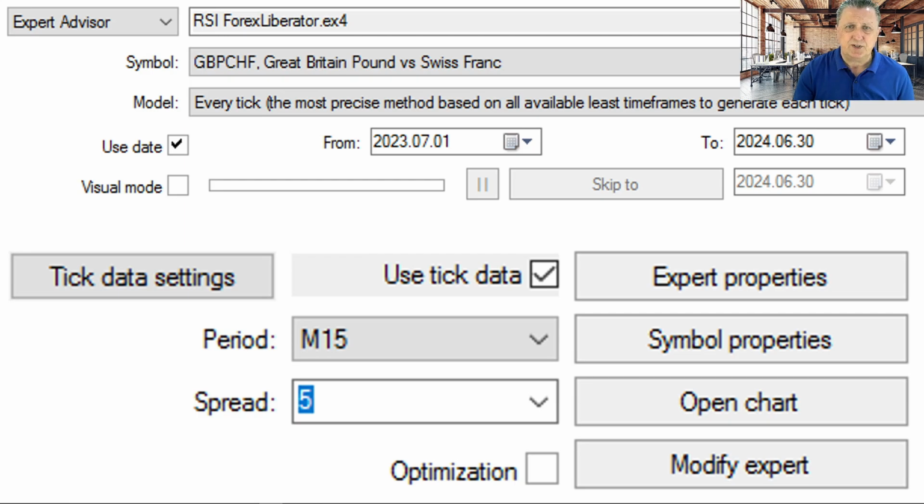So this is the best that we can actually do, and we are using that particular one. We're also using a 15-minute time frame, and then we have set a regular spread, so not a variable one, but the spread will always be minimum 5, and that is what it's calculated at. That seems to give us the best overall starting point for this particular EA